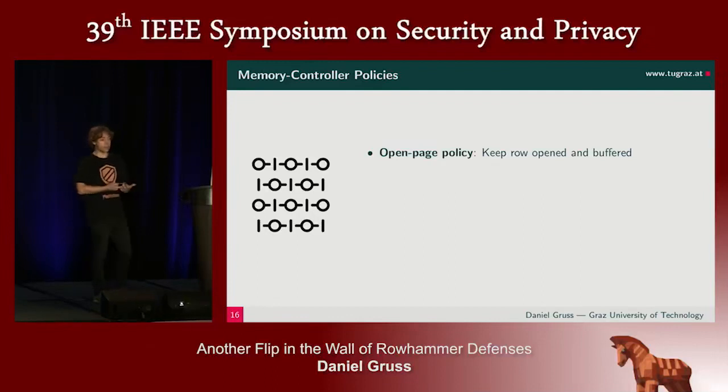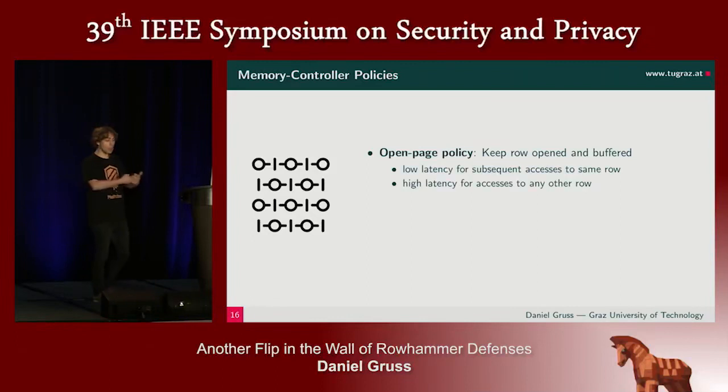The idea there is that you keep the row open and buffered, and then you have a low latency for subsequent accesses to the same row, but a high latency for accesses to any other row. But there are thousands of different rows, so this is good if you're pretty sure that you're going to access the same row again. More efficient if you're expecting that the next access goes to a different row is the